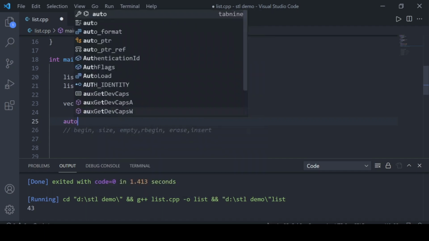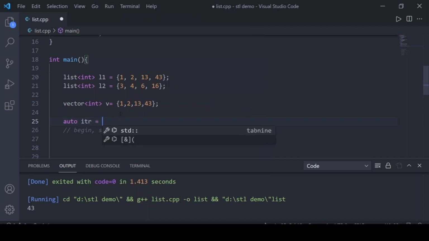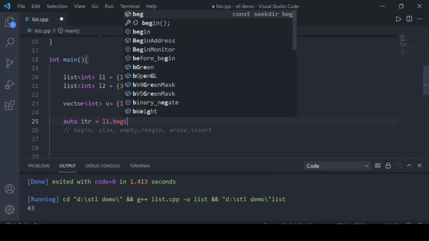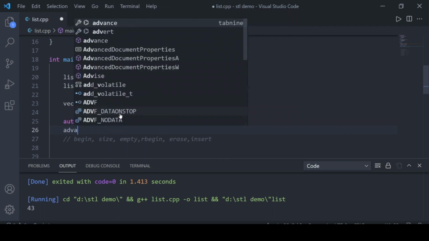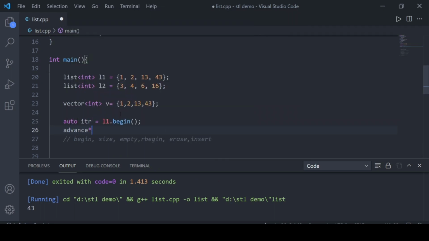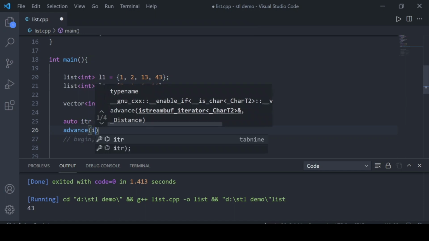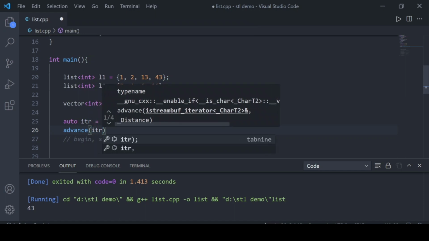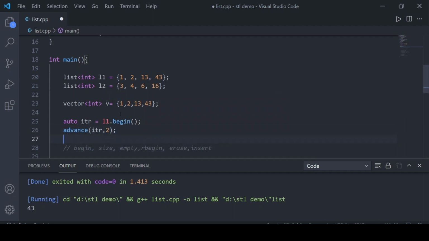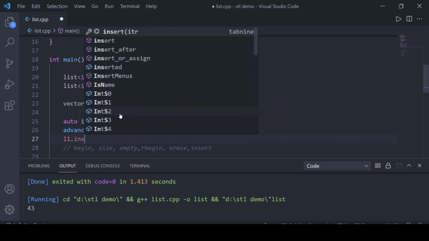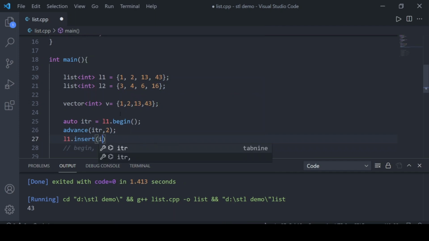Firstly we have to have an iterator that points to L1 dot begin, then we can advance that itr by 2. Now I want to insert here L1 dot insert at the itr position, and let's say I want to insert 245.